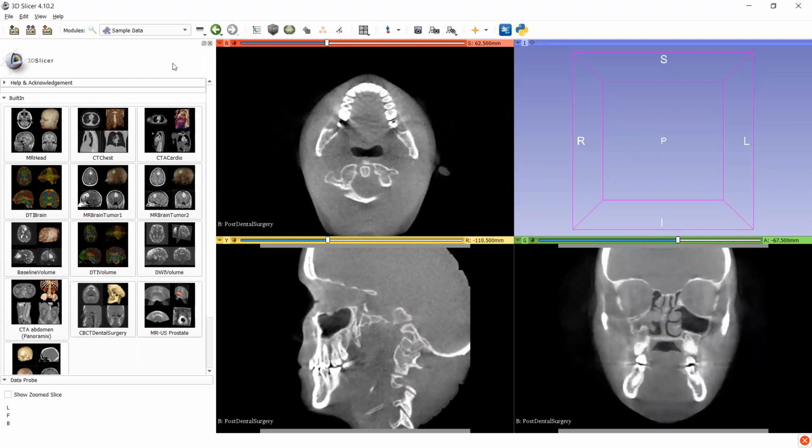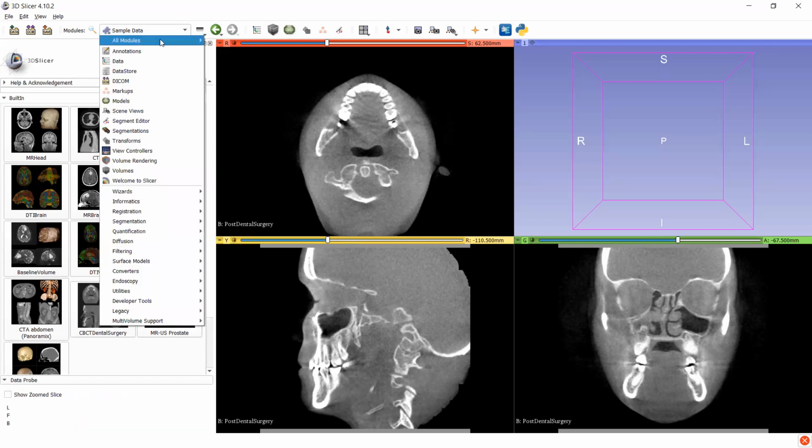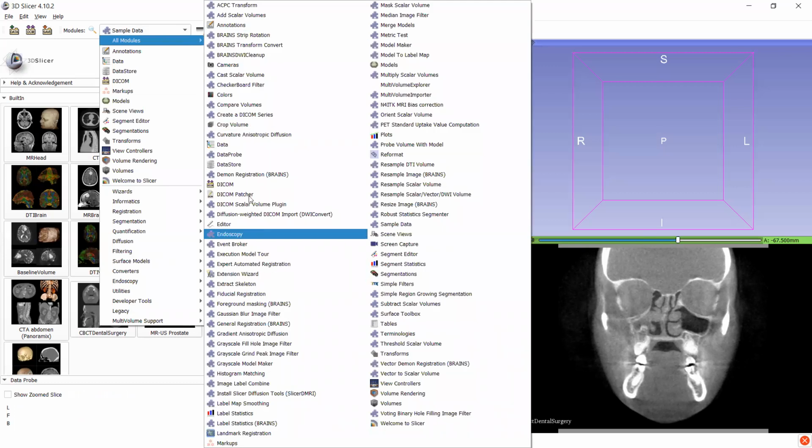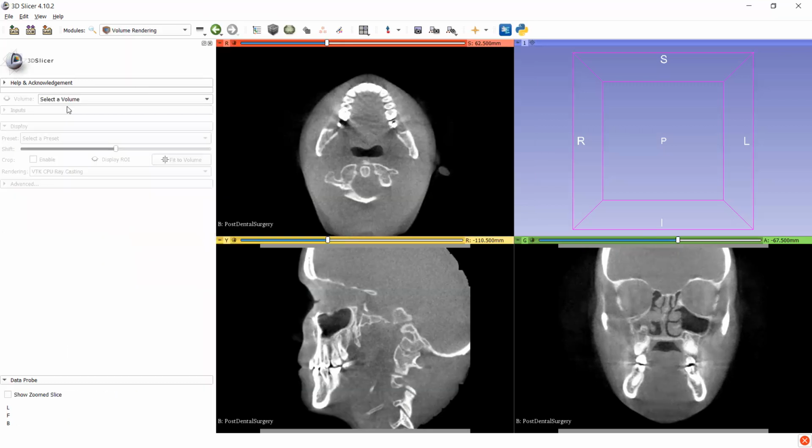Okay, now it's okay. After that, I want to create a 3D model of our region of interest. Pre-dental surgery means mainly we are focusing only on the row of teeth. So for that purpose, I am creating a 3D model of the row of teeth. Firstly, I am going to the volume rendering module to create a 3D model and adjust our region of interest. Let me enable the 3D volume, the 3D model of our interest.